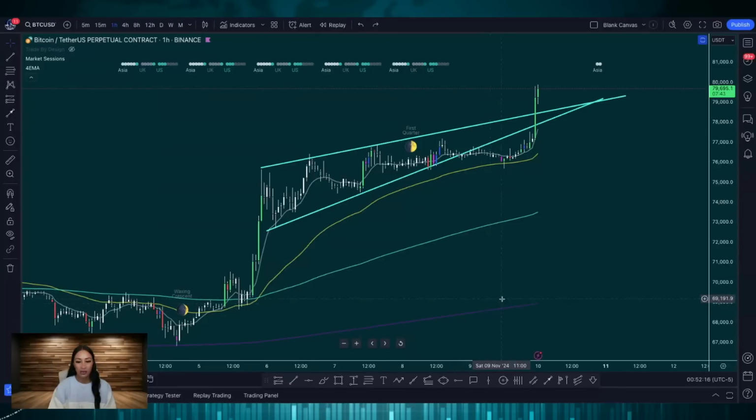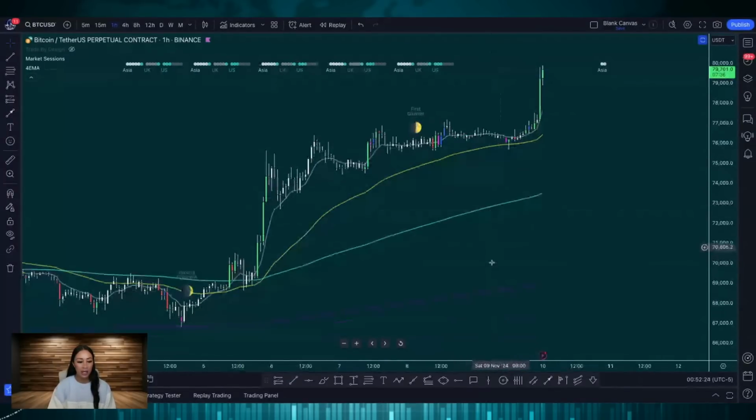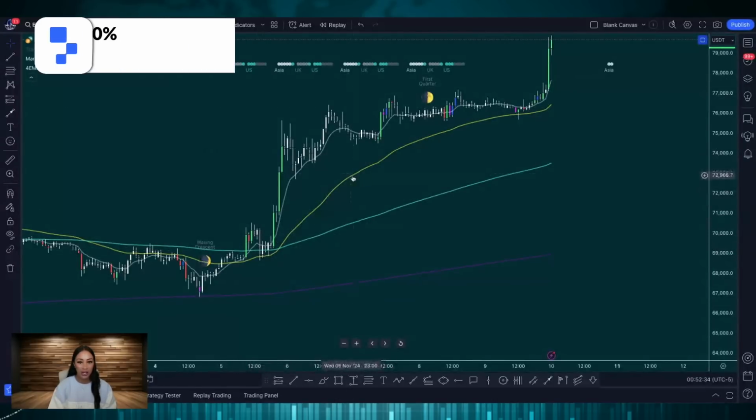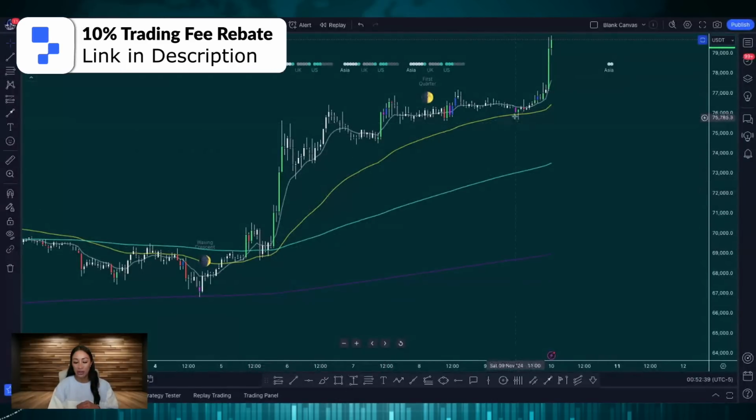This is retail's trend. There are 2 ways to trade EMAs. One is to trade in line with the EMAs. So if the EMAs are sloping up and to the right and price action is above the EMA, then you would only be hunting for long positions to trade in line with the trend. If the EMAs are sloping down and to the right and price is below the EMAs, then you would be